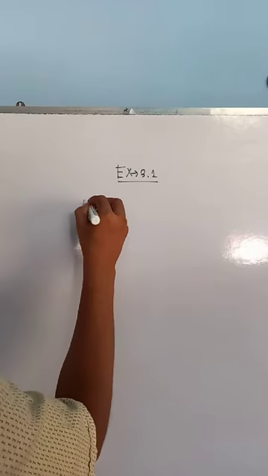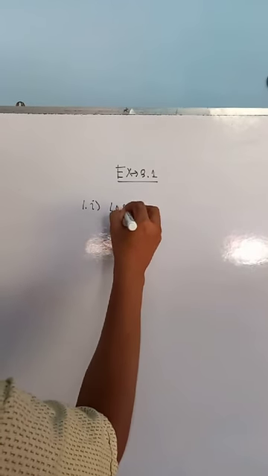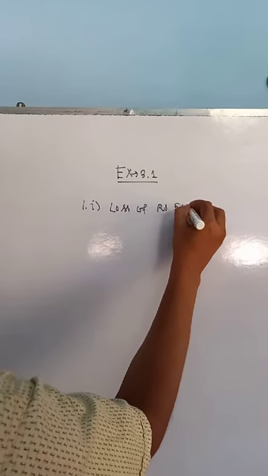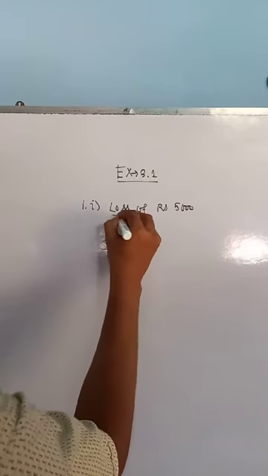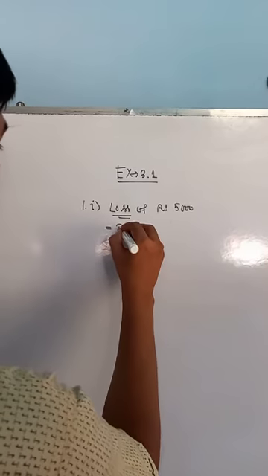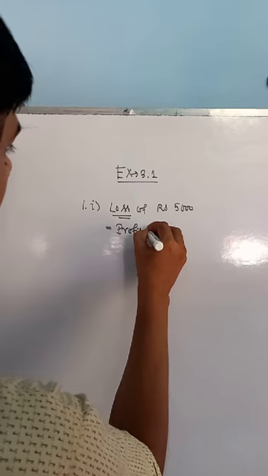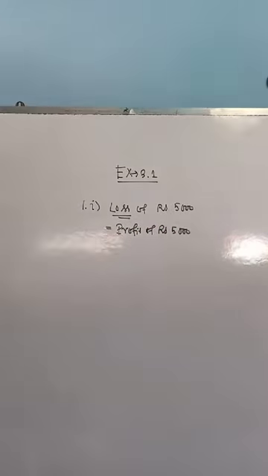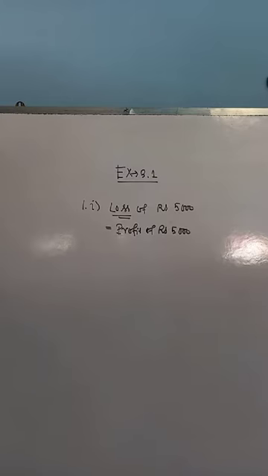How can you do the opposite? You can find out the main words. I am copying the question: loss of rupees, suppose 5,000. You just have to underline the loss. Of course, the opposite of the loss will be what? Profit. So you can make it profit of rupees 5,000. Clear to all of you?